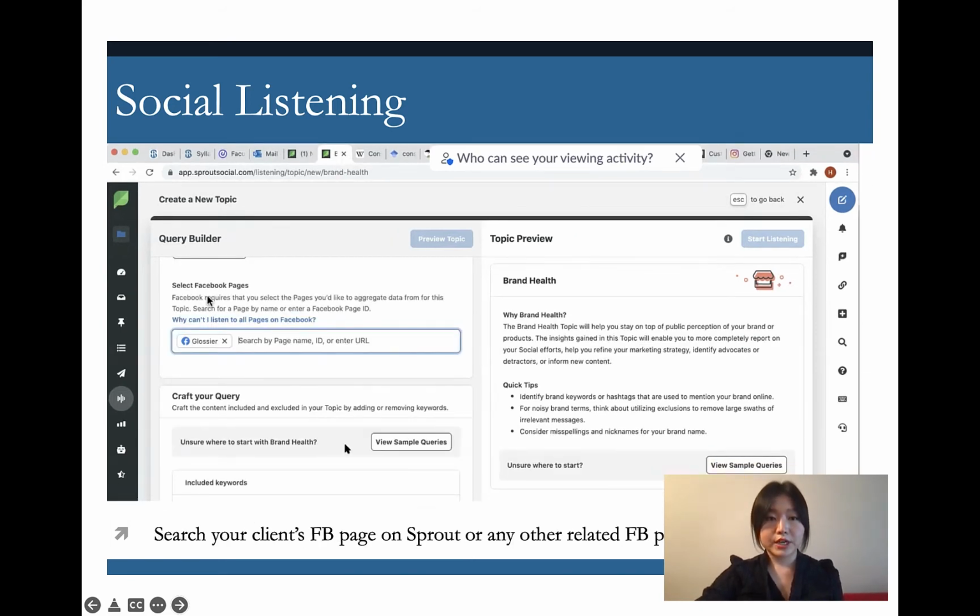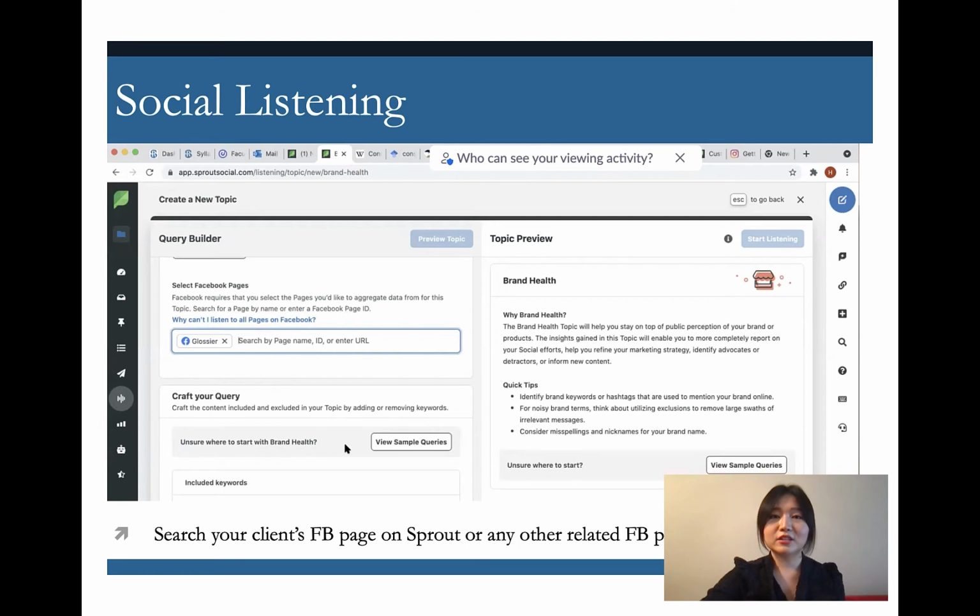And then under here, you can also select their Facebook pages. This will be the brand pages. So if you search your competitor brand that you want to listen to, search for instance Nike, then their Facebook page will appear. So search your client's Facebook page on Sprout or any other related Facebook page. So for instance, if they don't have a Facebook page, you can also go to, for instance, the skincare addictions page on Facebook.